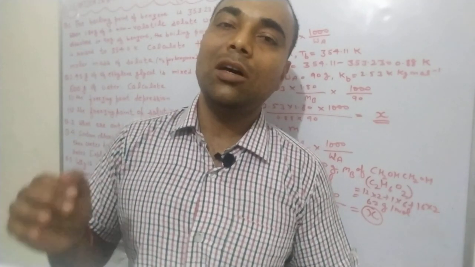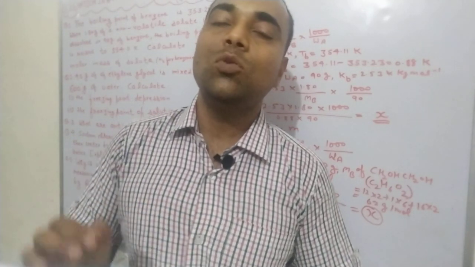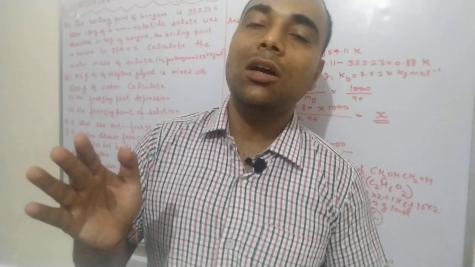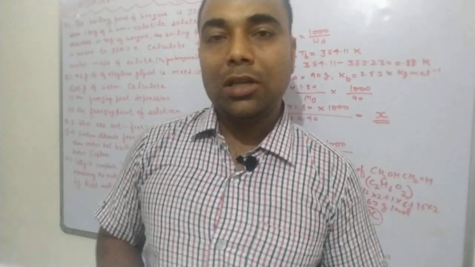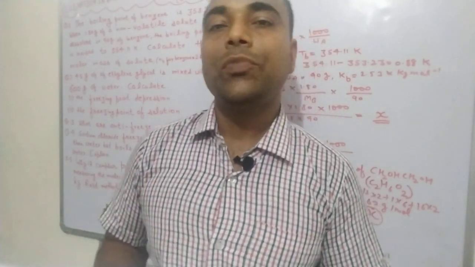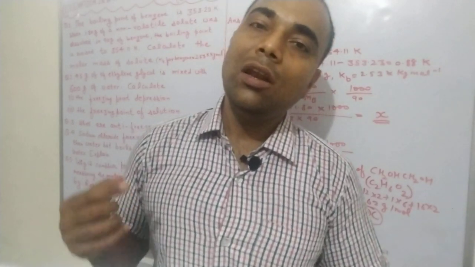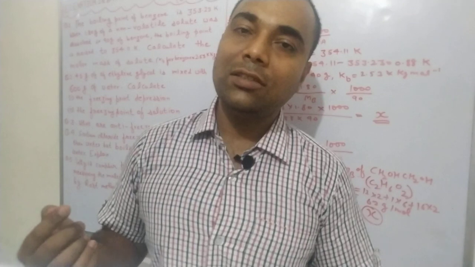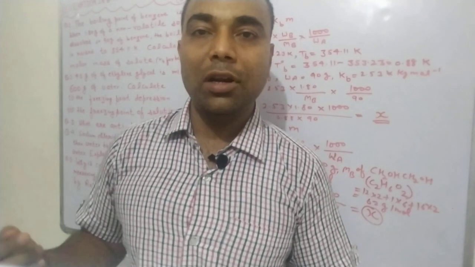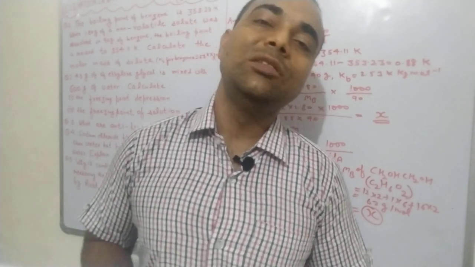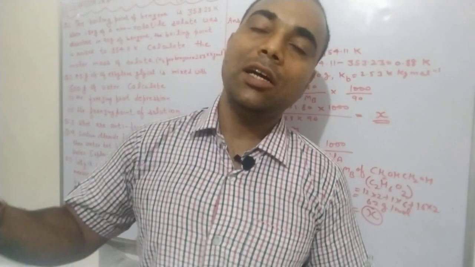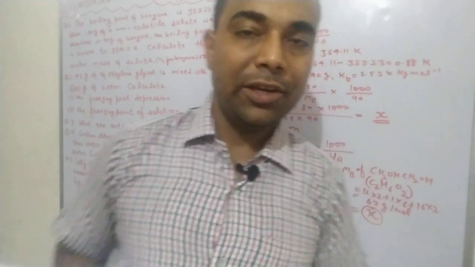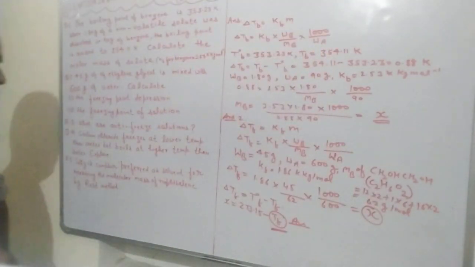In the same way, if we add salt, sodium chloride, to the same water, the water that was freezing at 0 degree Celsius will now not freeze at 0 but at a much lower temperature. That's why we can say sodium chloride when added to water causes elevation in boiling point, and likewise it also causes depression in freezing point. Sodium chloride raises the boiling point and lowers the freezing point after being added to water. So this is the answer of question 4.